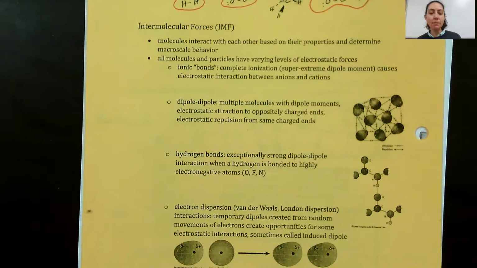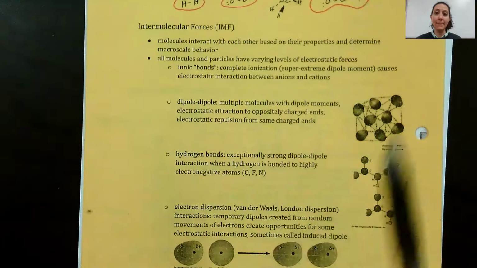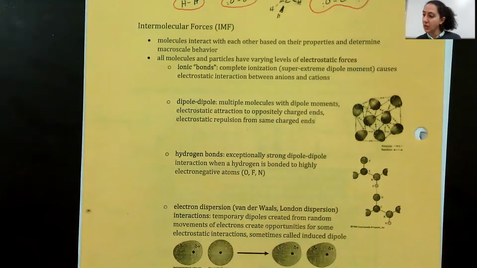The essential idea here is that they all interact with each other and are all attracted to each other in some way, shape, or form based on electrostatic forces. Electrostatic forces are this idea of positive and negative charges attracting each other. It's all based off of a concept called the dipole. A dipole is a fancy way of saying that molecules have one side that's more positive and one